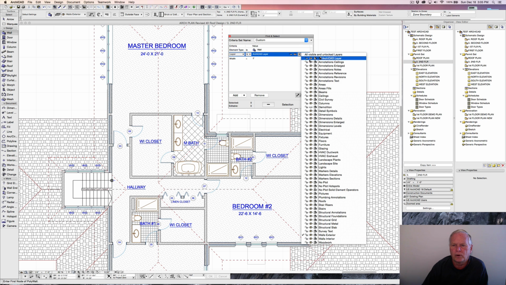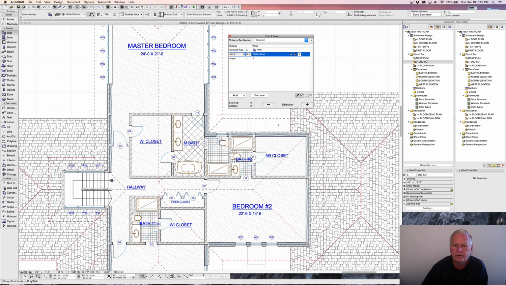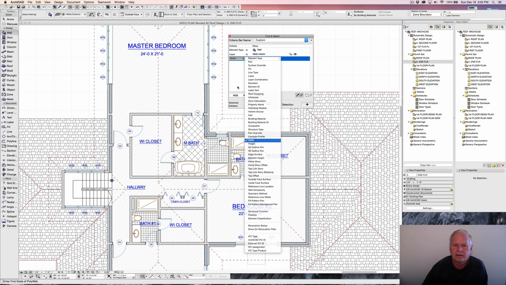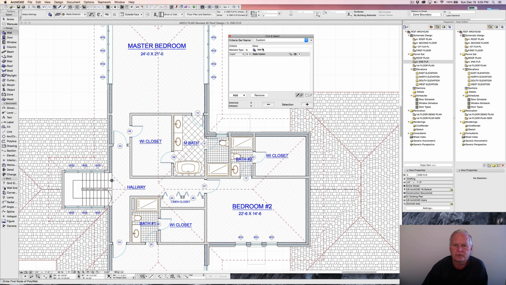We're going to look for walls interior. Okay, we don't want them a foot thick. In fact, we don't even need that, so we'll just remove that criteria. So we'll say wall, all walls interior, layers, select. It's selected all the interior walls. Now we're going to go up and